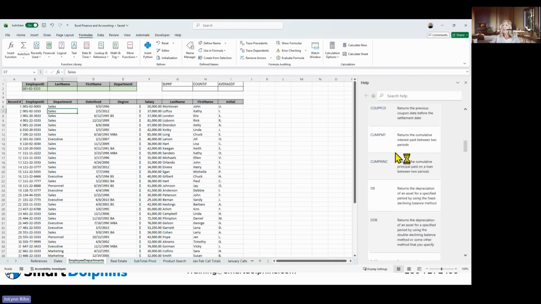But what if you go to one of these, like this one, CUMPRINC? It returns the cumulative principal paid on a loan between two periods. If I want to know more about that function, you can click on the link based on the name of it,